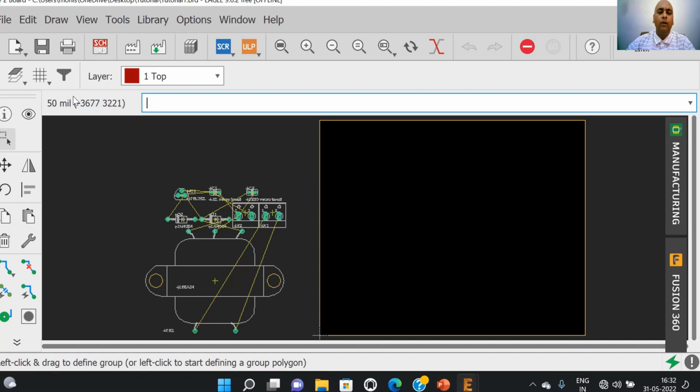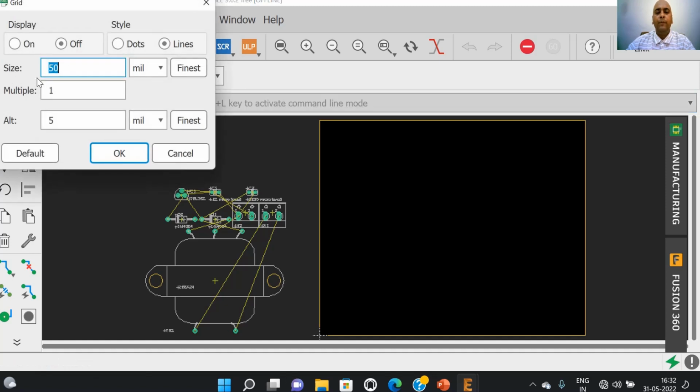The left hand corner of the screen also indicates the minimum grid size selected on the board, and we can change these units as well as the minimum grid size of the board by using the grid tool. Once we press the grid tool, the dimensions of the minimum size of the grid can be changed to millimeter, mil, inches and so on.